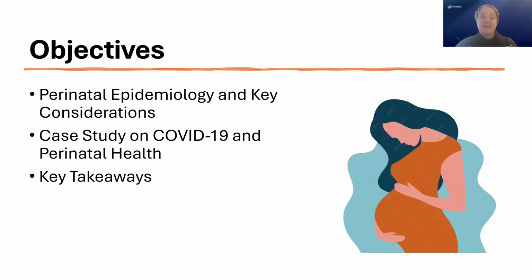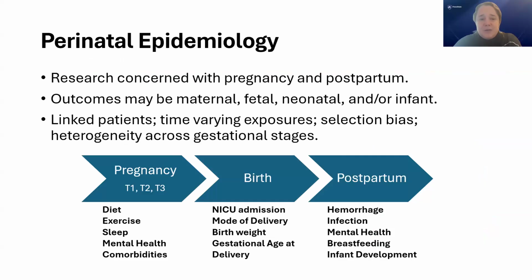Okay, so the objectives of this talk, we will focus on three main objectives. First, we'll review the field of perinatal epidemiology, and this includes understanding how we study pregnancy, birth, and newborn outcomes, and what makes this area unique compared to other branches of epidemiology. I'll touch on the special methodological challenges, such as timing and measurement, and the mother-infant connection that can shape how we interpret findings.